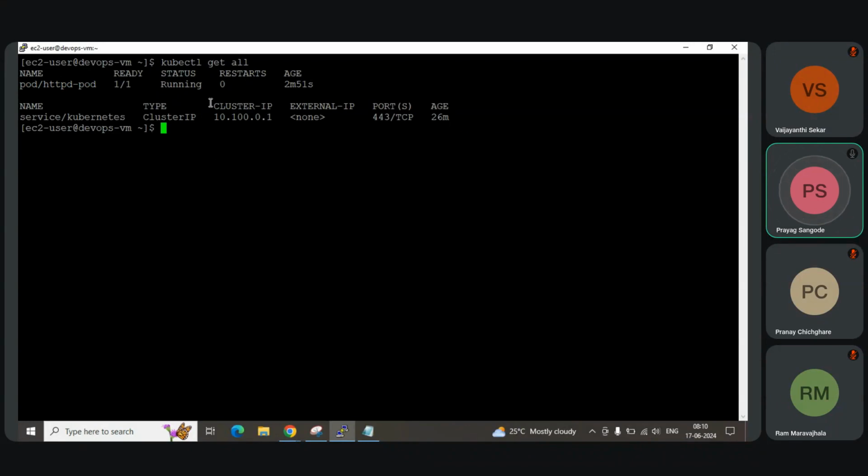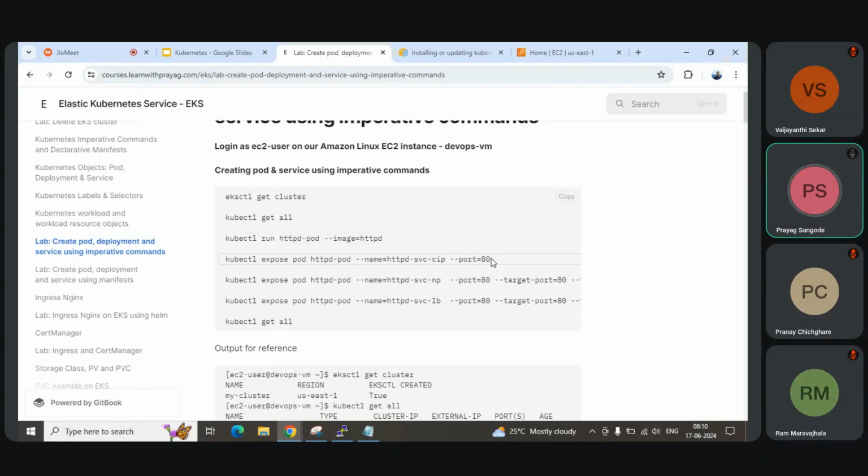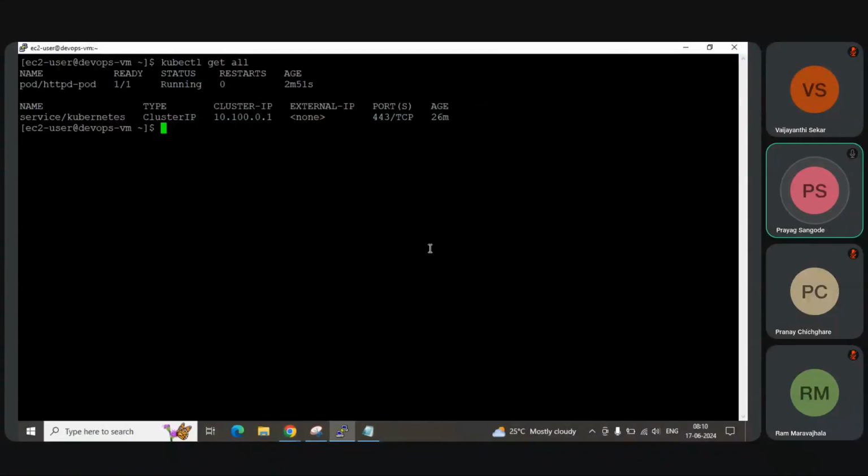But we need access from the outside world as well. For that we'll have to create a service. Without a service we cannot access it. A service is nothing but a networking component. There are various types of services, so let's learn them one by one. We are doing everything using imperative commands, not the declarative approach. So this is the command which will